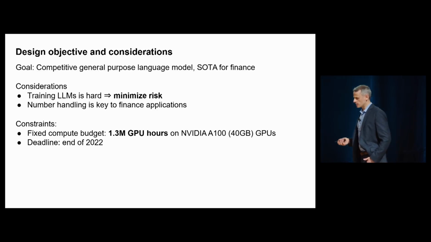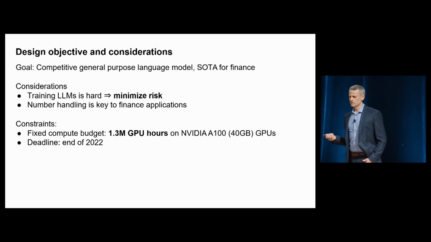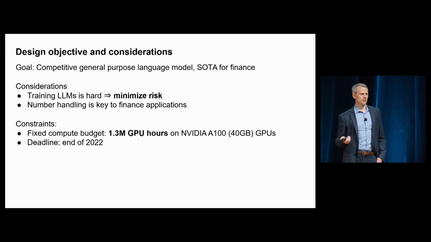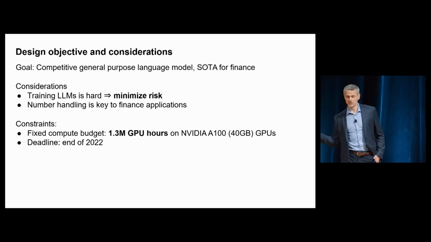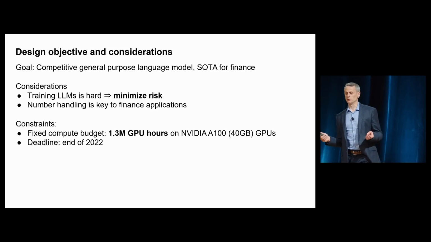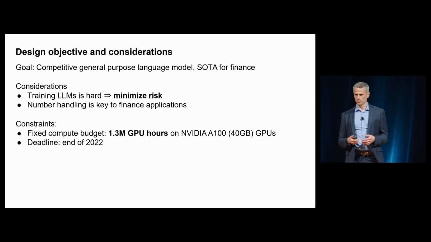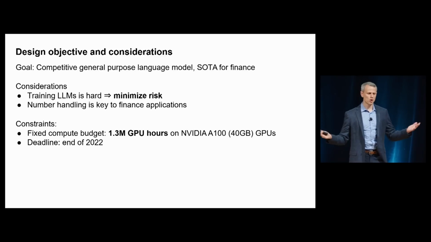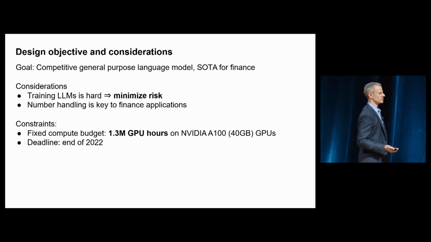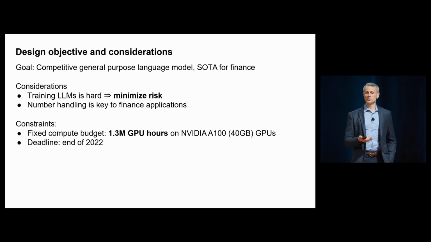So one of our main objectives in the planning was to mitigate risk. And to that end, we decided the best thing we could do is copy as closely as we could some other model that was successful and only deviate where we absolutely had to. And to that end, we chose the Bloom model from the Big Science Project, which had released all of its code and gave very detailed descriptions of its procedures. And so the Bloom model is what we used as our base.